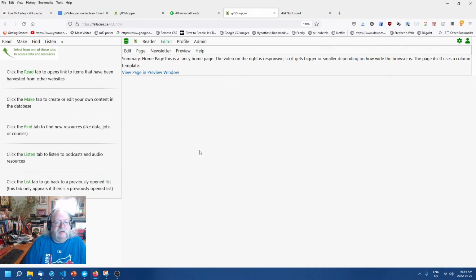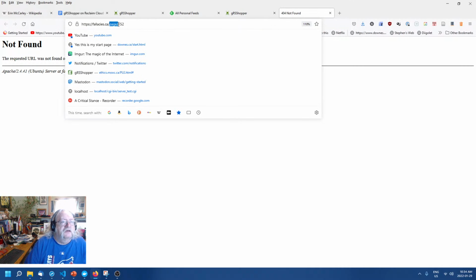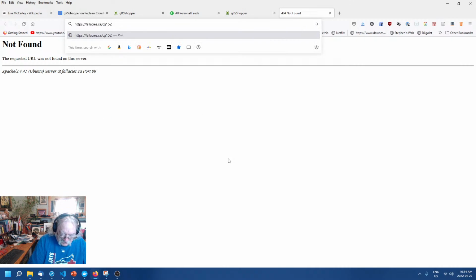But there's always a backup. So view page and preview window. So we see this is page 152. If this doesn't work, it's because of htaccess, which I'll talk about in another video. CGI bin page.cgi page equals,